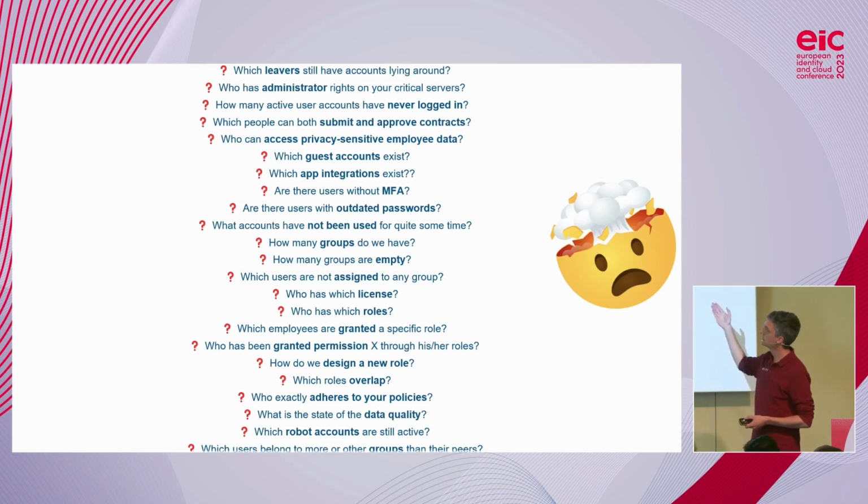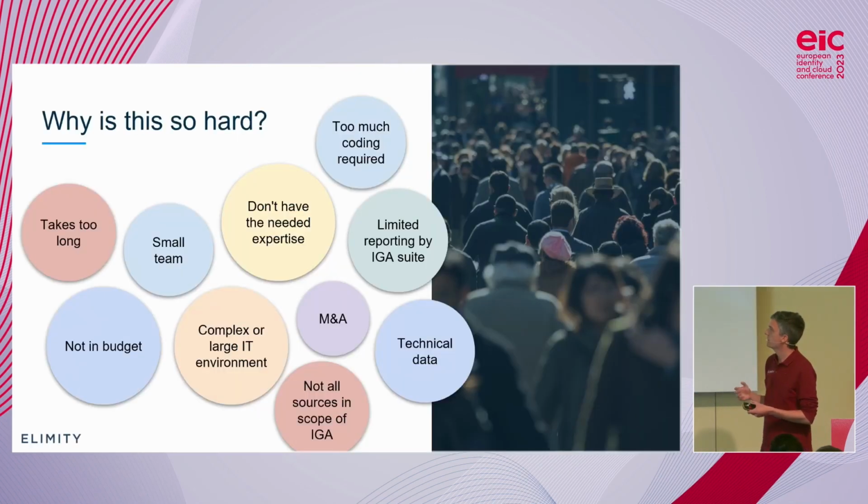What about guest accounts, app integrations, multi-factor authentication? If you're working with AD, what about groups? Who has which groups and what can these do? If you're mature and you're using this 3-level role-based access control model where employees have accounts that have business roles, that contain technical roles, that contain entitlements to different applications, do you then still understand who can actually do what, even if you have approved all of these assignments? The list is endless, and it's clearly highly complex to answer these questions.